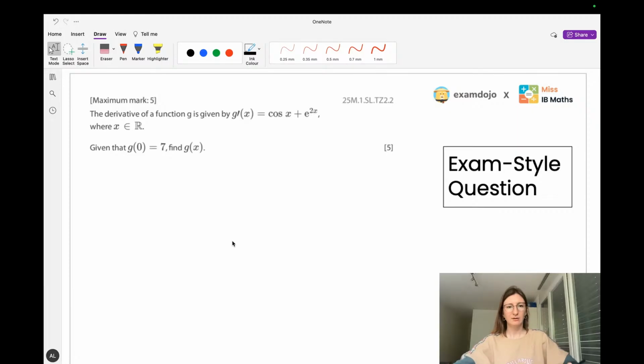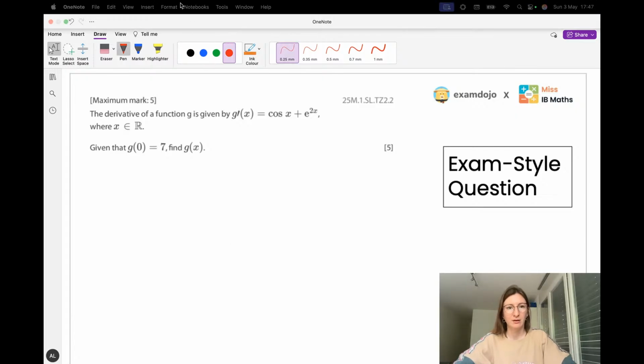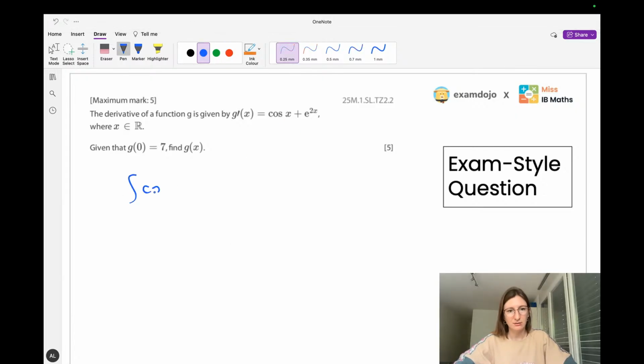Okay, a similar kind of question. We're given the derivative of g of x, and we need to integrate to find g of x. So just a different kind of function here. Let's write it as an integral. So don't forget to always write it officially as an integral. Look out here for, this is just a cos x function. So that's nice and easy. That's going to be